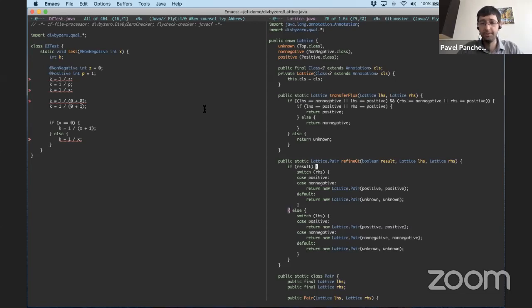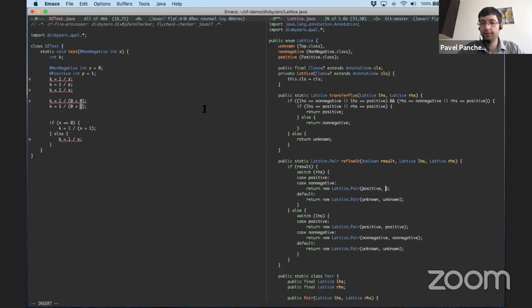So for example, if we know that the greater than comparison returned true, and the right-hand side is non-negative or even positive, then we know that we have, for example, x greater than 0. If that's true, then we know that x itself must be positive. And so we have a refinement here.